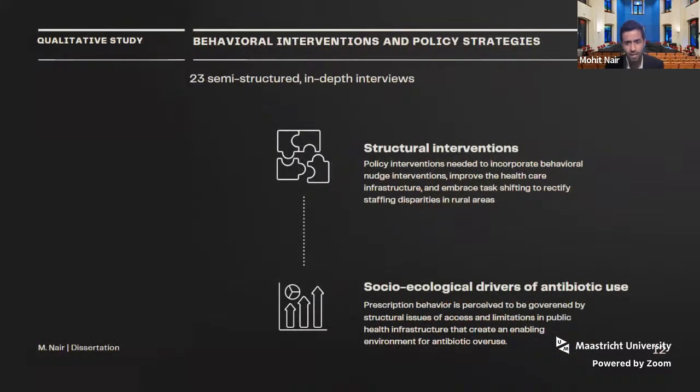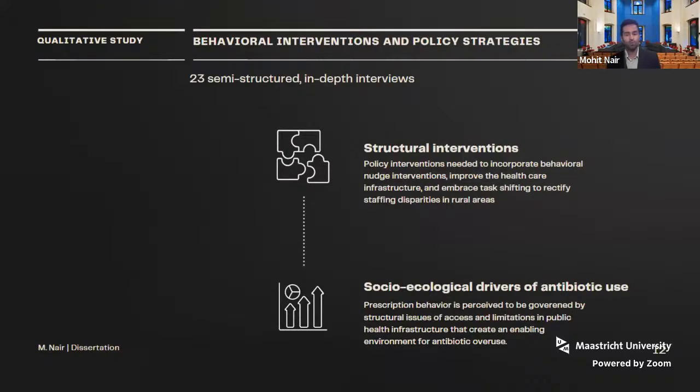Chapter 4, which is currently under peer review, moved beyond the literature to conduct 23 semi-structured in-depth interviews with key informants and experts across a broad range of disciplines in academia, nonprofits, pharmacy, medicine, policymaking, among others. Data were charted into a framework matrix and analyzed using a hybrid inductive and deductive thematic analysis. Themes were analyzed and organized according to the various levels of the socio-ecological model, which ranges from the individual level all the way up to the policy or enabling environment.